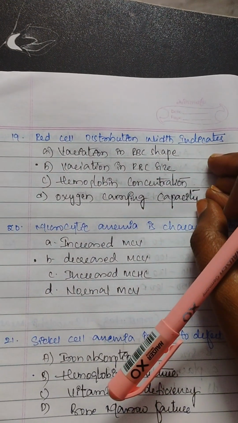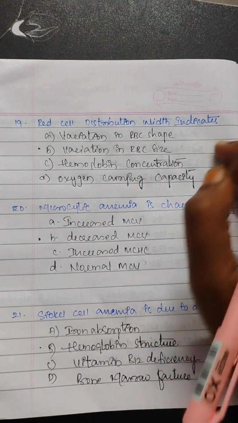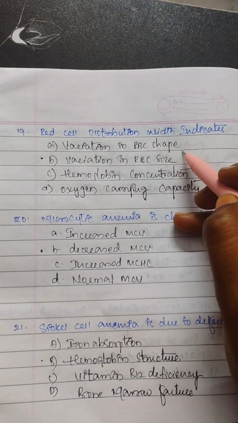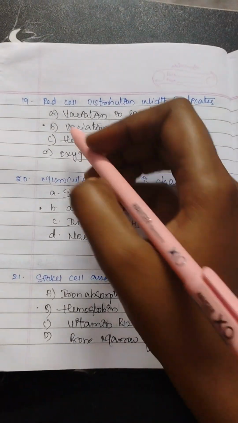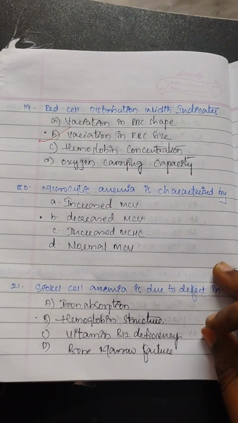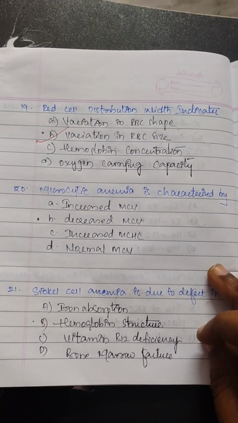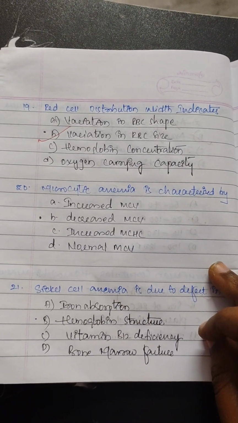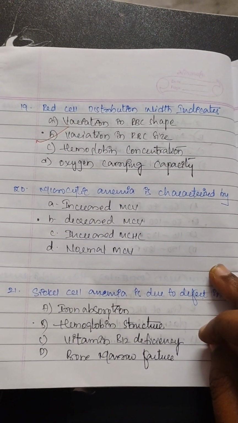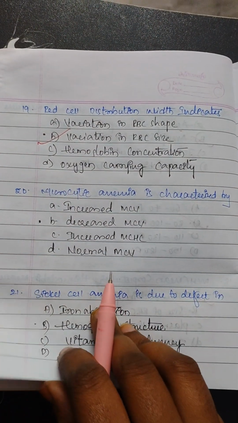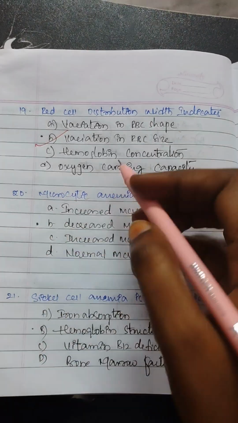Next question. Red cell distribution width indicates variation in RBC shape, variation in RBC size, hemoglobin concentration, oxygen carrying capacity. The answer is B, variation in RBC size. Then microcytic anemia is characterized by increased MCV, decreased MCV, increased MCHC or normal MCV. And the answer is decreased